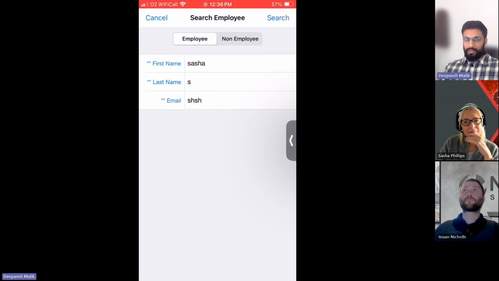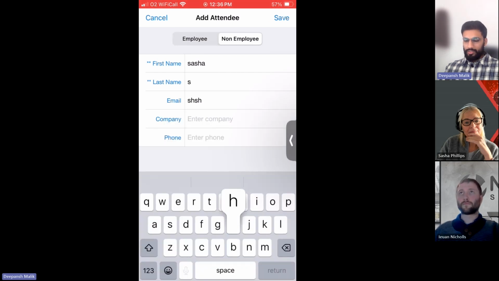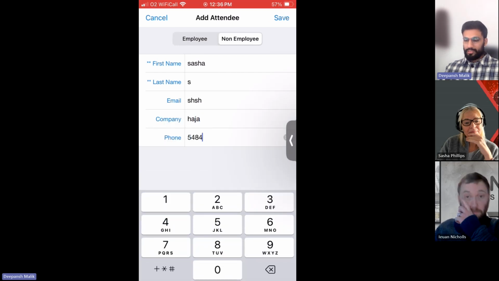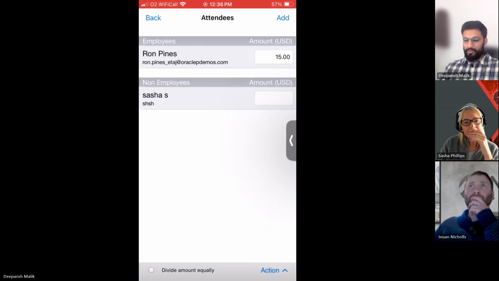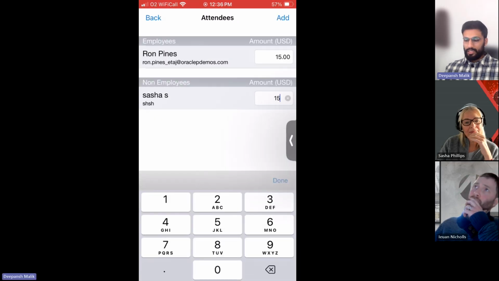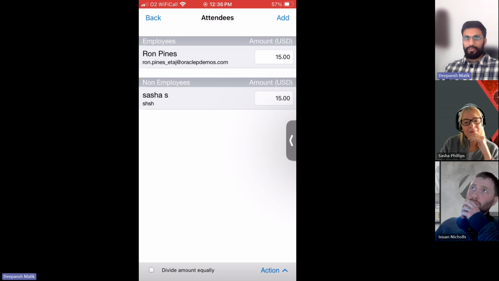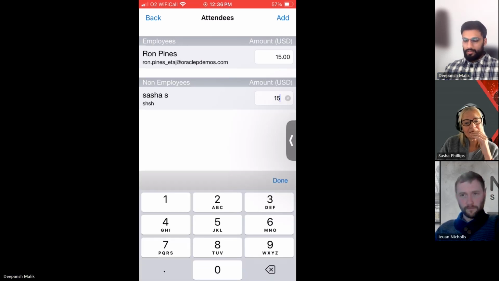I believe it is on the email, but we might need to check. And then for the non-employee, you can just give certain details and save it. And in this case, you will only be reimbursed for the 15 pounds, 15 US dollars, or you have this option of divide amount equally. If not, you can do